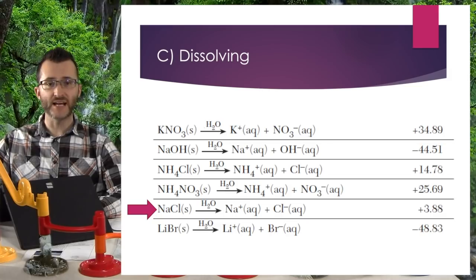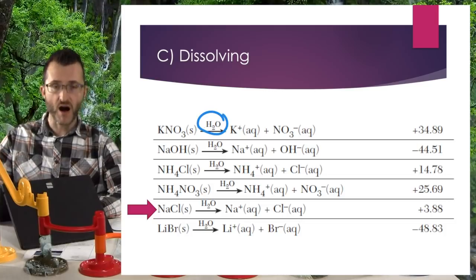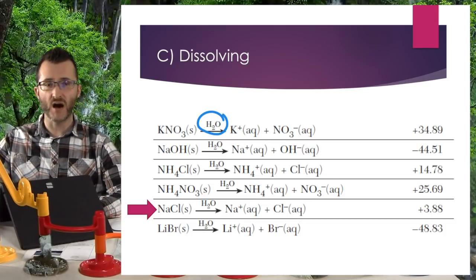Continuing on with table I, we have dissolving. Notice that we have ionic solids on the left, and over our reaction arrow, we have water. That means we're adding these ionic solids to water and dissolving is occurring. Now technically that's not a chemical reaction, it's a physical change, but we still list them amongst other reactions on